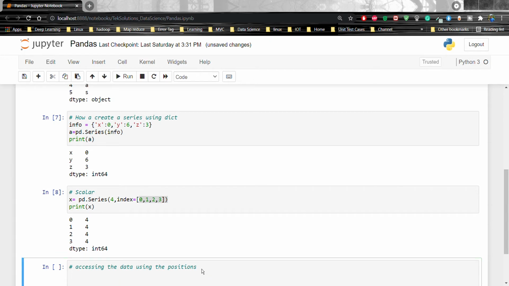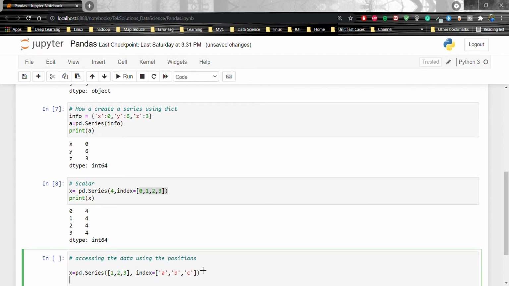So let's create a series x equal to pd.Series 1 2 3 and index will be a, b, c. And print x of 0. Then what will print? It will print 1.